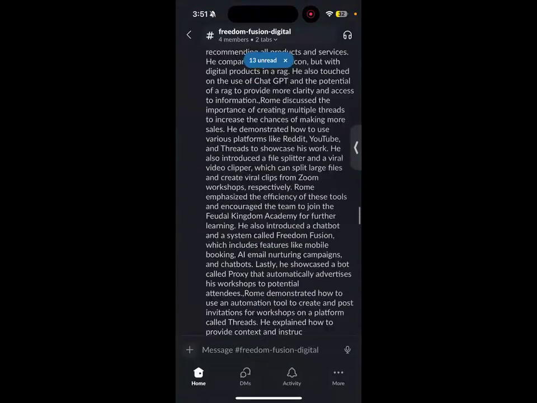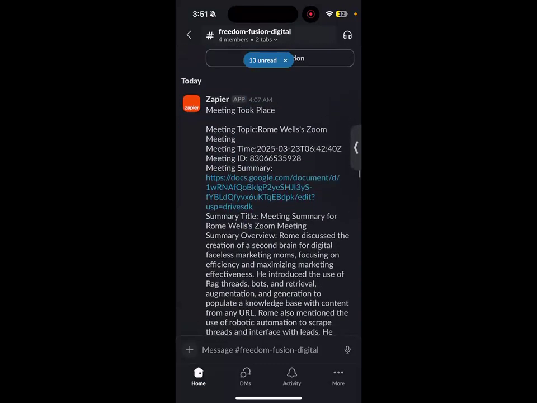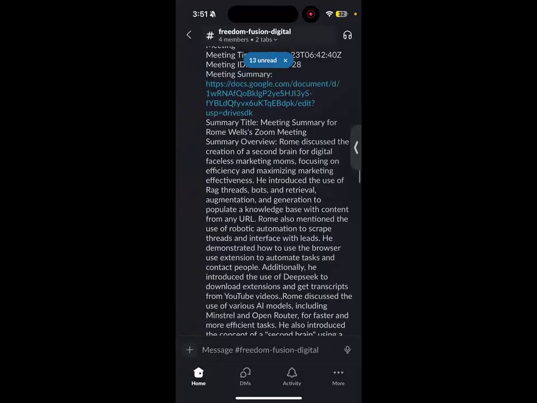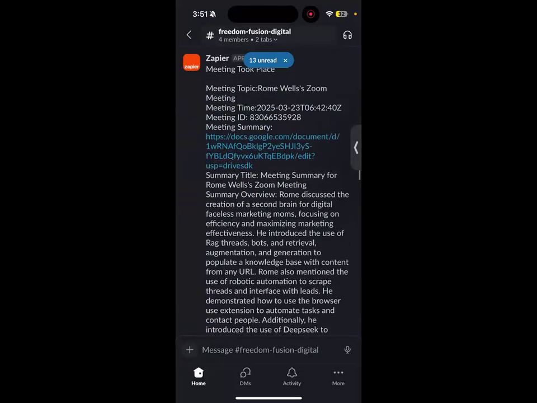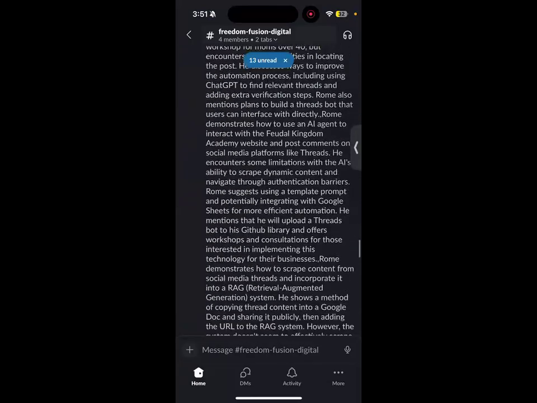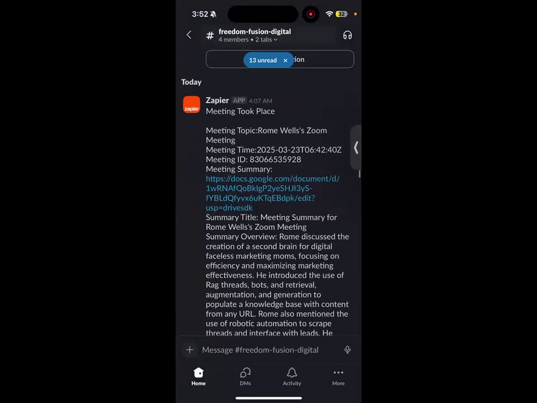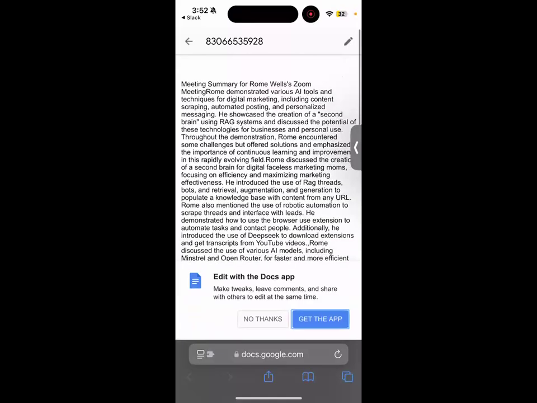You could see the transcript of the actual Zoom recording. So when you go on Zoom, what's going to happen is a Zoom recording is going to get created, the transcript is going to be uploaded to YouTube, and it's going to get dropped directly into Slack. The cool part about it is that the same video and the same transcript happen to be in Google. So what does it mean? If you go to Google Drive, there's this transcript over here.